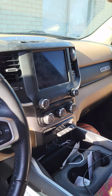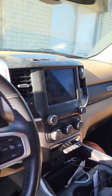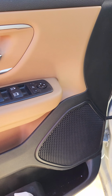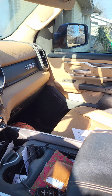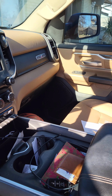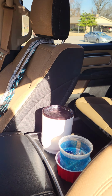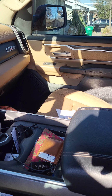So I've got the 8.4 bass system, just 6 speakers, but I do have the middle of the road screen. I've already replaced the door speakers in the truck, so front and back doors have all been replaced. Crutchfield gave me a good deal on Polk Audio speakers. Not the greatest, but for what I've got in them, pretty happy with them. And then I noticed that even though my highs and mids sounded great, the bass rattled the doors and sounded like garbage. So